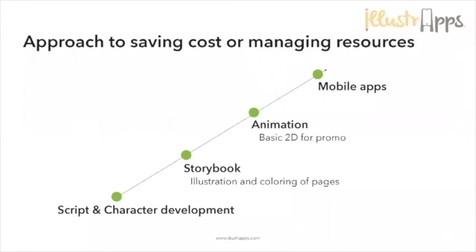You could then decide to do a basic 2D animation. You can pick one scene in your story and have that basic 2D animation where your character comes to life, with mouth movements and the eyes. And if you decide to, you can have voiceover, or you can just have background music playing. This is very good for promotional purposes. You can take that and put it on Instagram or YouTube, and then you can go from there to maybe the mobile app, to standard animation. The choice is really yours, but you can break this thing down in phases.